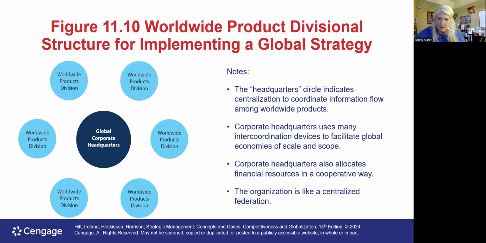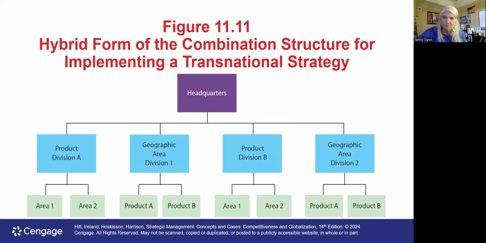Characteristics are also noticed here, and integrating mechanisms are important to the effective use of the worldwide product divisional structure, such as direct contact between managers, liaison roles between departments, temporary task forces, and permanent teams. We have disadvantages in this structure, where there are difficulties involved with coordinating decisions and actions across country borders, and differences that we have not recognized or allowed for in our structure. And the ability to quickly respond to local needs gets lost in this structure.